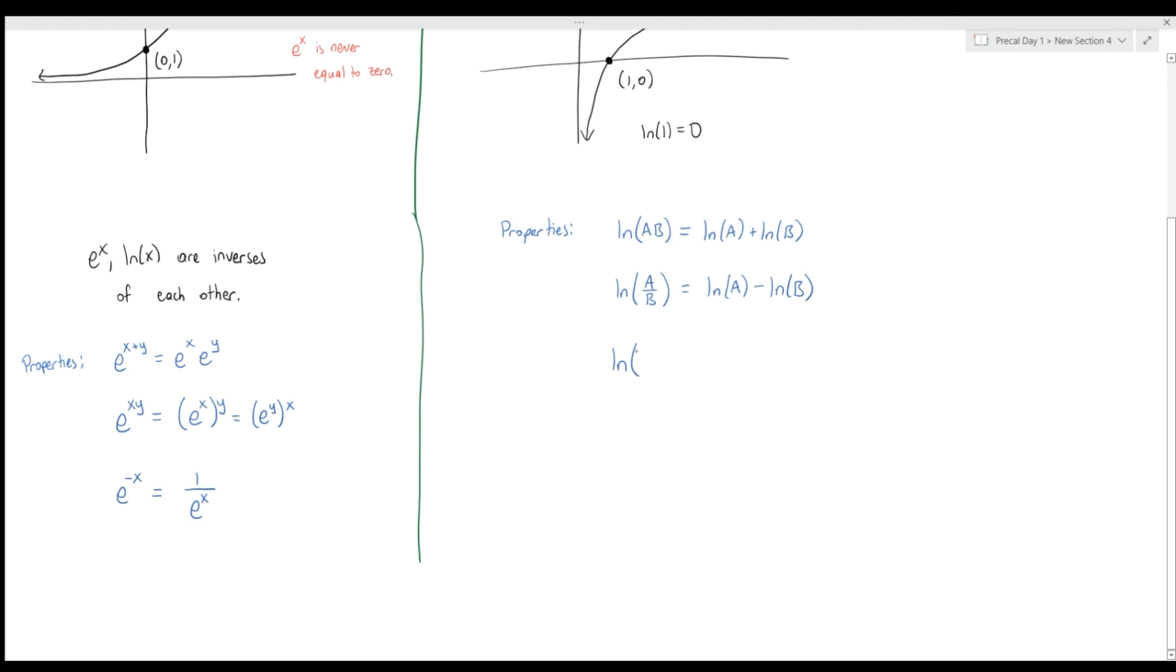There's also a property for when you have the natural log of something being raised to a power. Here, you can take the power and bring it out to the front as a coefficient. Okay. And then, lastly,